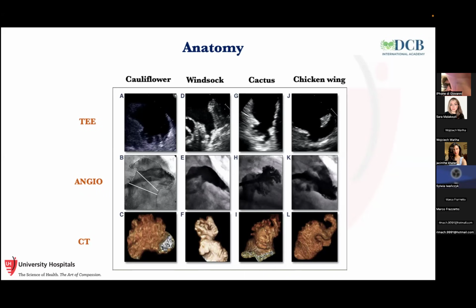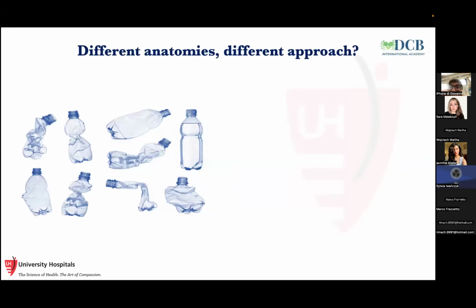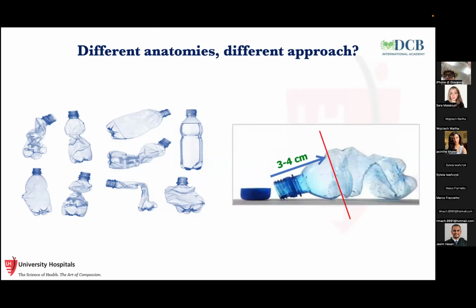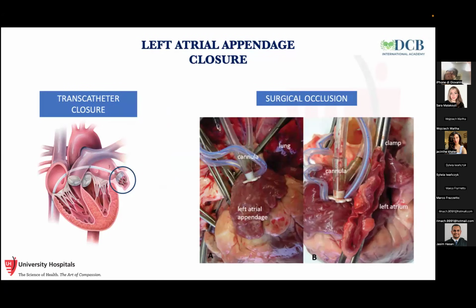Apart from this, I don't think this is a very important topic, because in general, we can ask ourselves: different anatomies, different approach? I don't think so, because we can use a sort of metaphor. If there are different types of bottles, and we want to drink some water, we don't care about the shape of the bottle. We care only about the cup because we want to drink. So it's a similar concept. We want to work in the first 3-4 centimeters of our structure, that in this case is the left atrial appendage. We have 2 types of approach, a transcatheter closure or a surgical occlusion, but we will focus today on the transcatheter